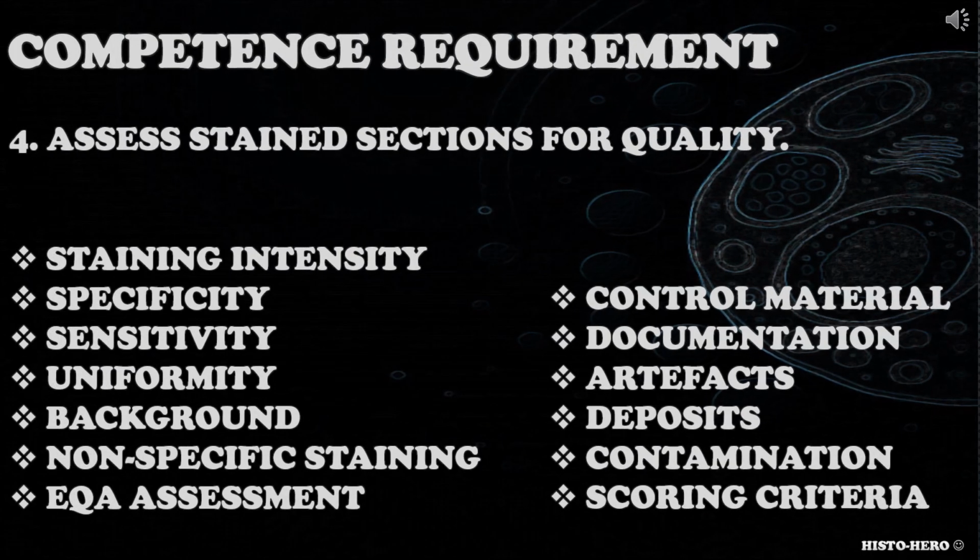The fourth competence requirement is assess stained sections for quality. Candidates should be able to assess quality of stained sections. Does the candidate assess stained sections for quality correctly? Do they take correct steps during the assessment? Do they focus on correct features when assessing quality of staining? Maintain appropriate audit trail? When addressing this competence requirement, candidate could consider staining intensity and uniformity, specificity and sensitivity, presence